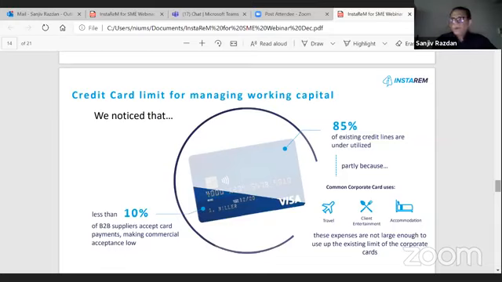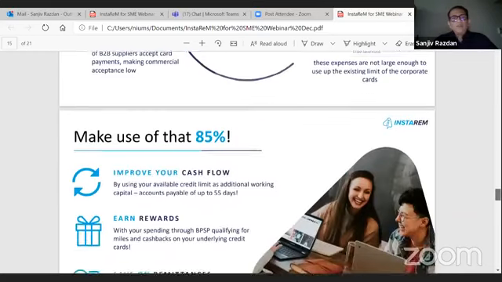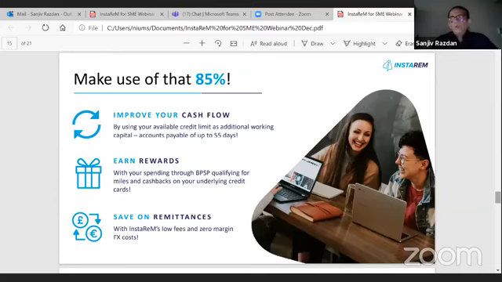But as you know, because of the pandemic, travel is not happening. Nobody's flying around. Nobody is using hotels and restaurants to the same extent. So a lot of the limit on the card, which the bank may have given you, may be unutilized. So when you have an unutilized credit limit, you can actually use that limit to pay for the remittance that